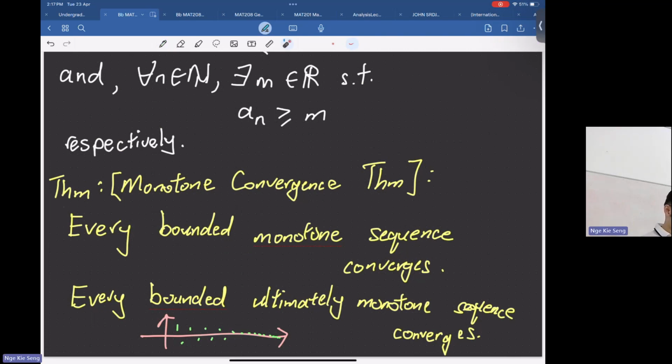Why? Because I can disregard the first few terms and talk about the convergence at the end. Because convergence is about the tail of the sequence. You need to look at small n, meaning small n greater than the capital N, all the small n behind the capital N. So it's the tail. So tails of sequences are very important for convergence. Okay, let's prove this. How to prove this?